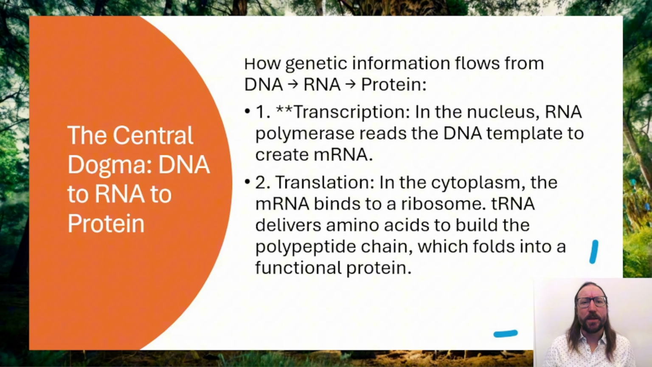Now let's connect everything with the key principles of molecular biology. It explains how genetic information flows from DNA to RNA to a protein. First, we have transcription, where in the nucleus, RNA polymerase reads the DNA template to create mRNA. Second, we have translation, where in the cytoplasm, the mRNA binds to a ribosome, tRNA delivers amino acids to build the polypeptide chain. This is going to fold into a functional protein, just like we discussed in the proteins episode. Stay tuned, we'll dive into transcription and translation in a future episode to give these processes the details that they